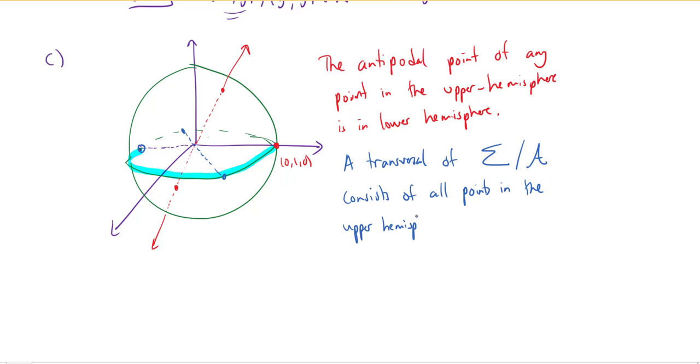So if we wanted to write that out more formulaically, we could say, okay, take all points x, y, z such that z is positive, so that tells us we're in the upper hemisphere, and we want to be on the sphere. So x squared plus y squared plus z squared is 1. Okay, so all those points, union, so along with,